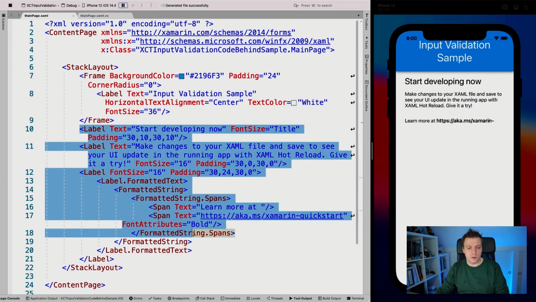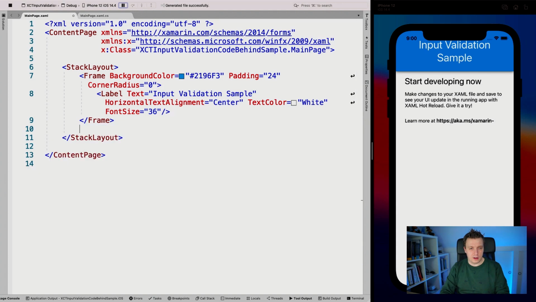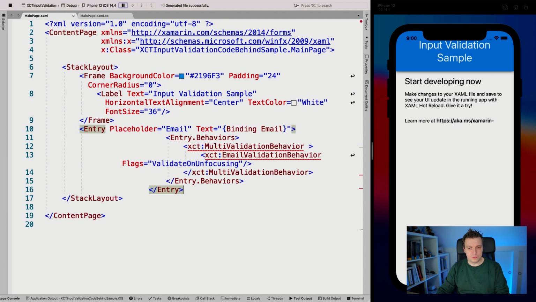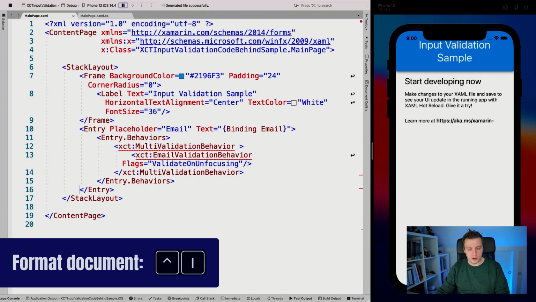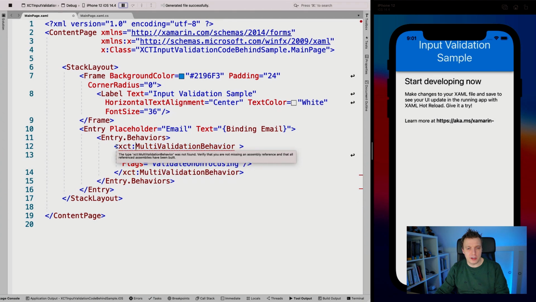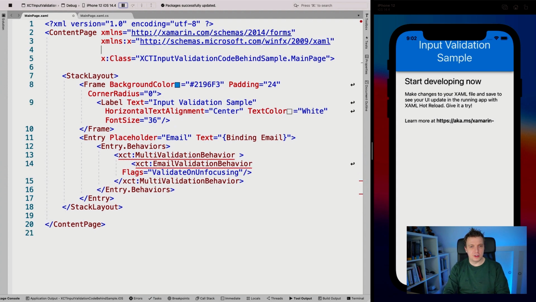And I remove all of this. Whoops, there we go. And format this a little bit nicely, by the way. You can do that by pressing Ctrl-I in Visual Studio for Mac. So there's that. You can see it doesn't know these behaviors yet. So let's first add that namespace. So we're going to go to the top here, say xmlns:xct